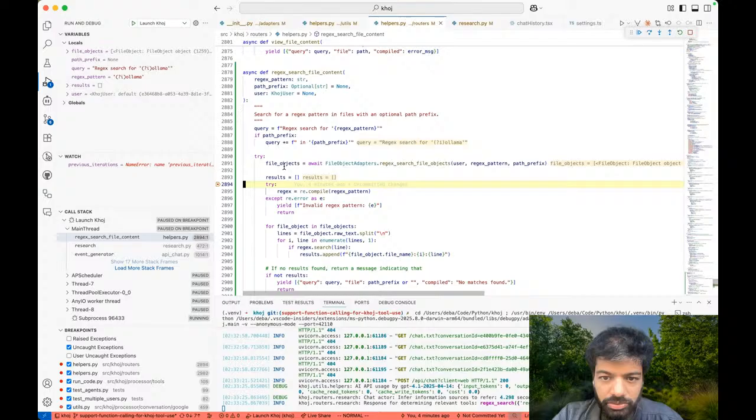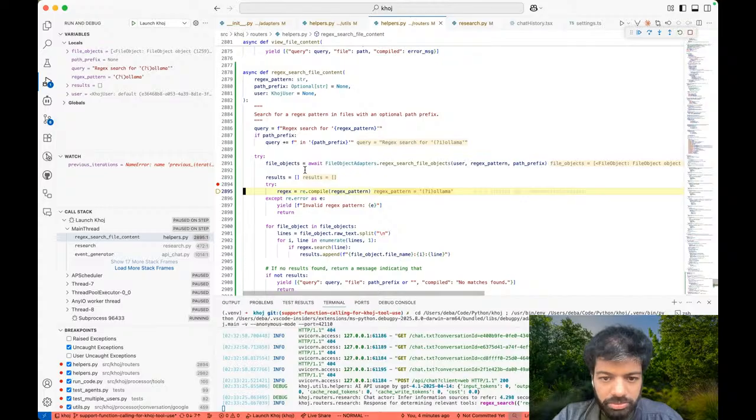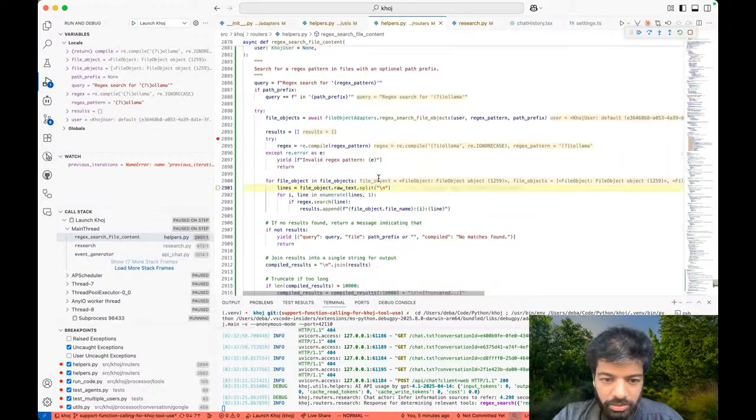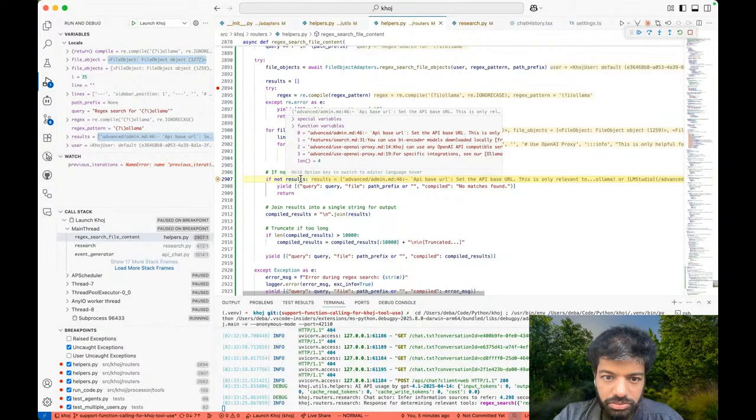Okay, what did it do? Okay, it's found file objects. This is great. So we've at least had the DB lookup happen correctly. And then we just want to go here and see if the results come up fine. Yes, they do. So it's found it in